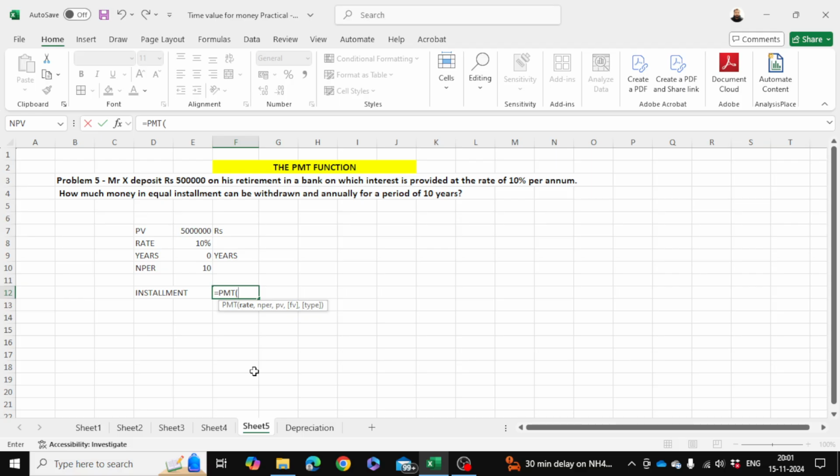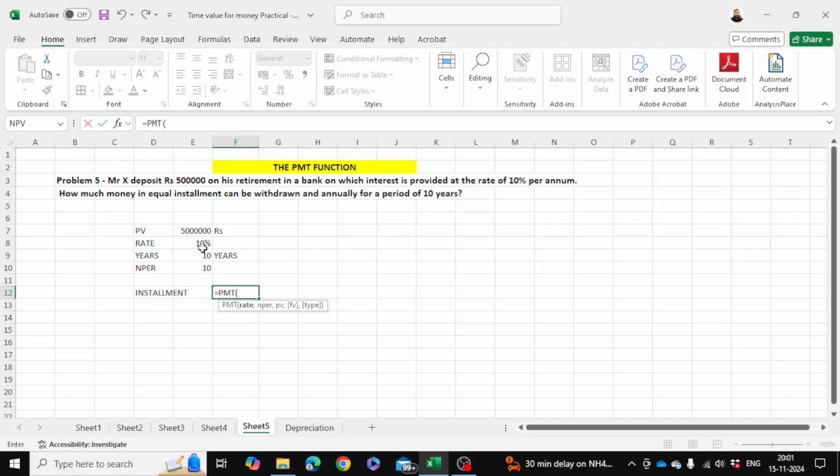This is the function you are going to use, and the syntax as you write PMT will show you. Rate you need in this question, and period, PV, FV, and type. Whatever is given you have to mention it, rest you can take 0, right? So rate of interest is this, and period is this. Okay, so just hold on. Here we have changed this format, so it remains the same, so we have to change it. Okay, PMT,